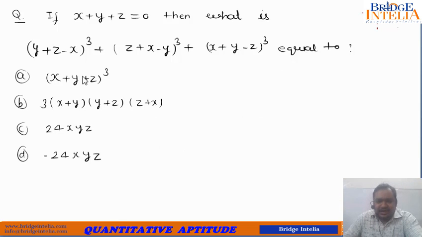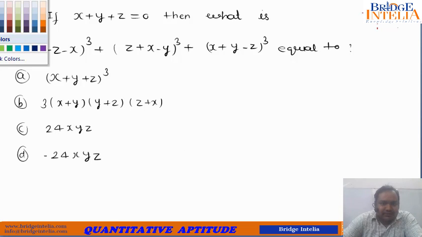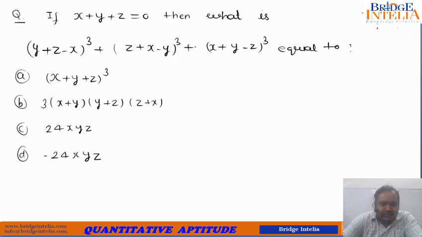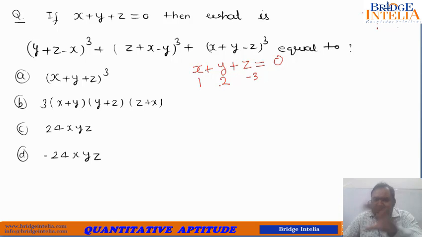So dear student, let's see how we can solve this one. The only fact that is given to us is x plus y plus z is equal to 0, and based on that we have to calculate which of the following options this expression matches. So you can take some dummy values as per your convenience. So it is given that x plus y plus z is equal to 0. I can take x equal to 1, y equal to 2. Don't take generic values like 0, 0, 0. Take some different values. So 1, 2 and minus 3. These are such choices that they actually validate the given data. Yes, in fact x plus y plus z is equal to 0.